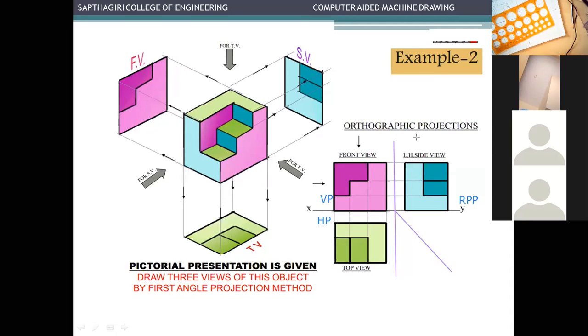And similarly, 45 degree, and then dimension this as 45 degree, and then line, I'll take a very thin line, somewhat in the same black color, and I have to draw a line till it meets the 45 degree line here, and then from here you have to extend it further. Same way from here also I have to draw a line till it meets the 45 degree line, and then draw the side view. This is an approximation that I am doing in the Zoom app, which is going on.